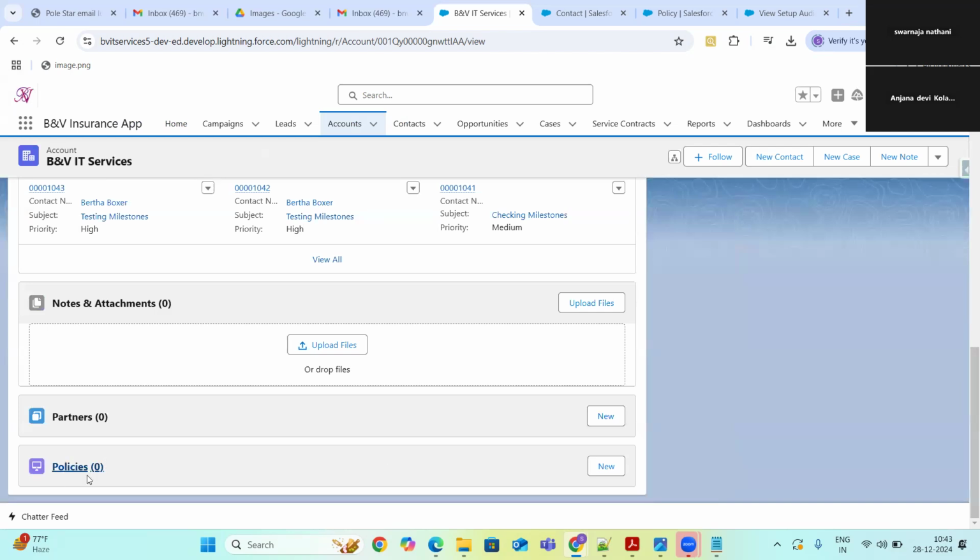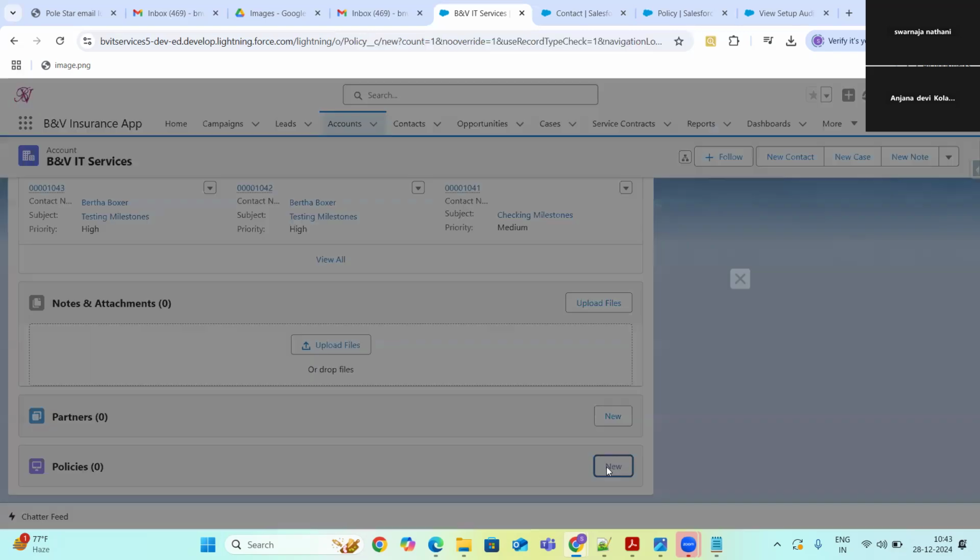I can see my policies. So how am I able to see these policies now? Because I have created the relationship. That is the use of relationships, guys. That is how you can establish a relationship. Right now I have created the lookup relationship.